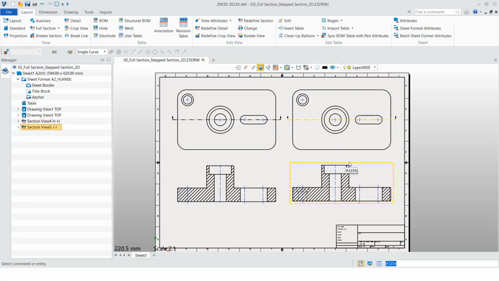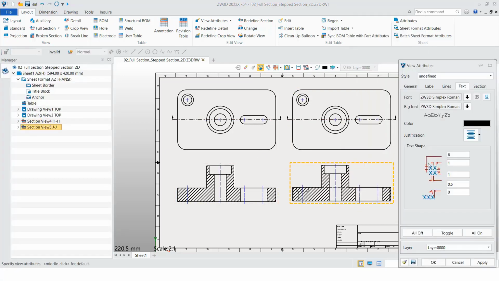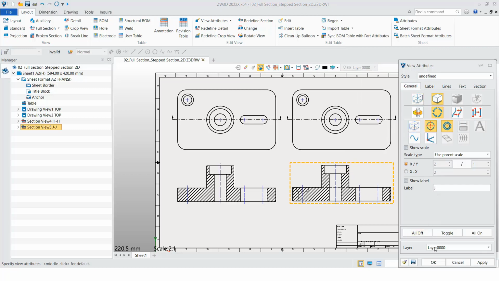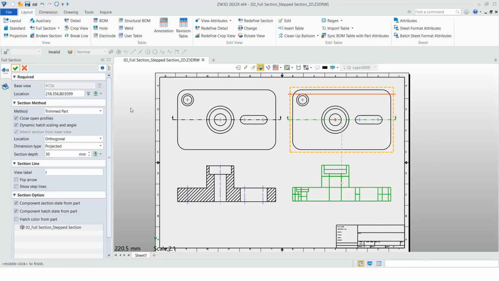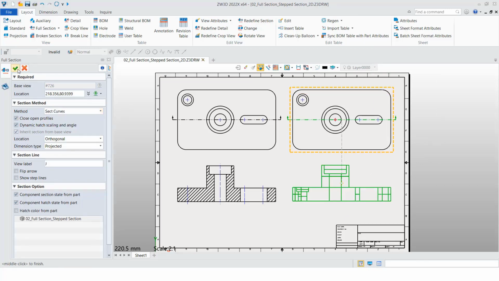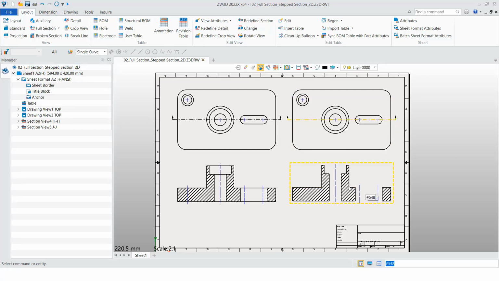We have finished. We can go to the attribute to hide the hidden line. Okay, and we can go to redefine to change to another method. This, so we can find the result, the differences. Okay, so after that, we can check how to create the step section view. So we can remove this